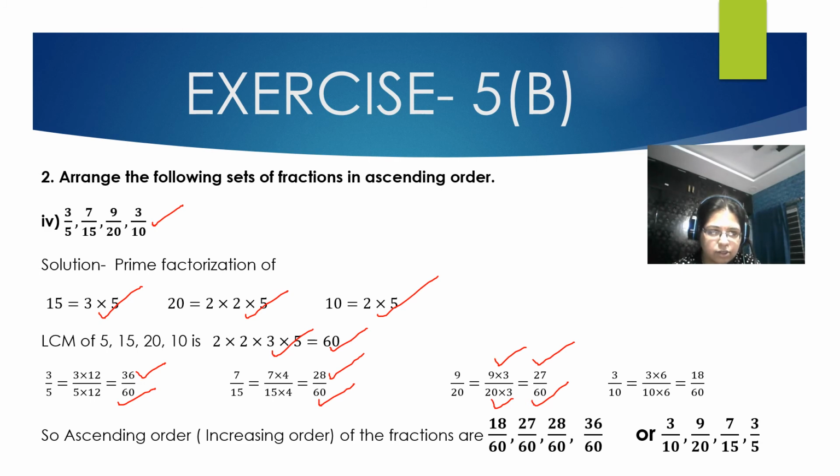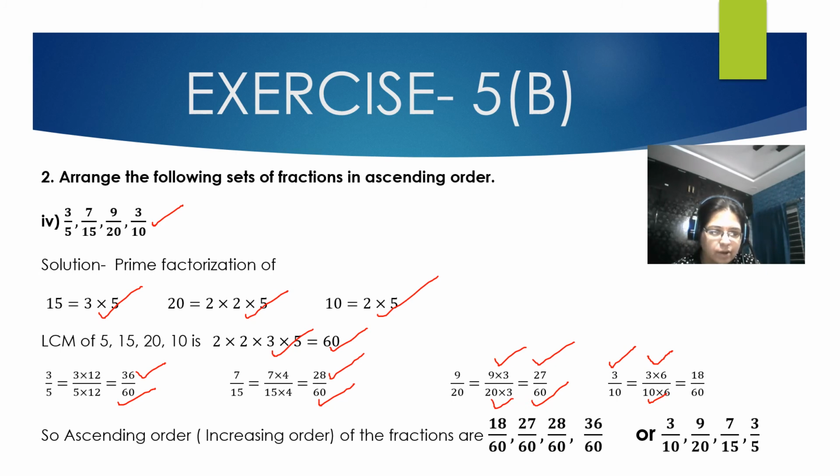Now we have to convert 3 divided by 10 into an equivalent fraction. Just multiply the denominator 10 with 6 we get 60, that is equal to the LCM. So we have to multiply the number 6 with both numerator and denominator. So multiply numerator 3 with 6 we get 18, and multiply denominator 10 with 6 we get 60. So 3 divided by 10 equals 18 divided by 60. 3 divided by 10 and 18 divided by 60 are equivalent fractions. Now we get all like fractions having the denominator equal, that is 60.